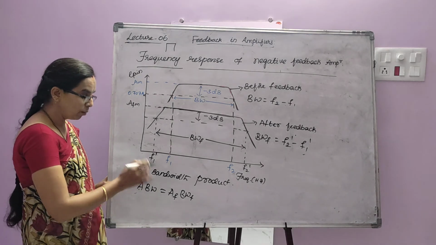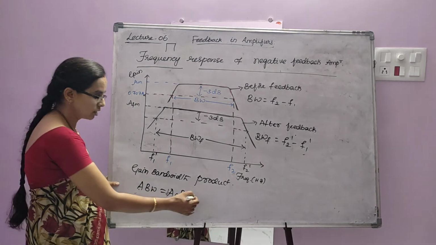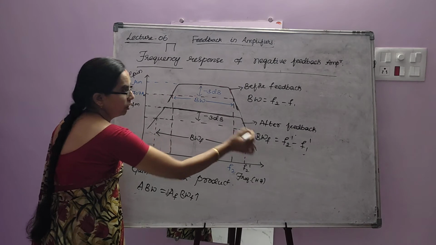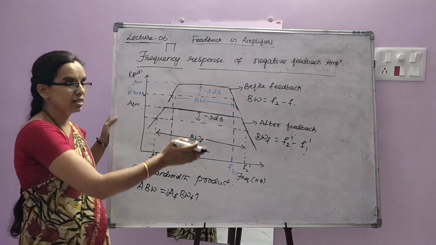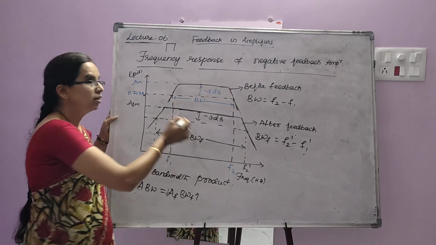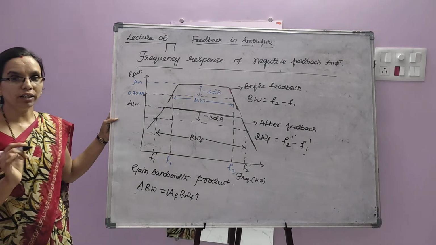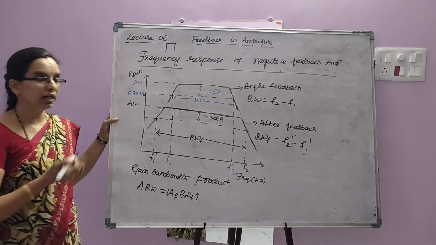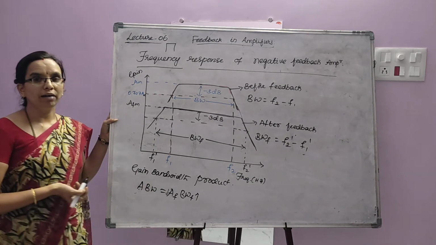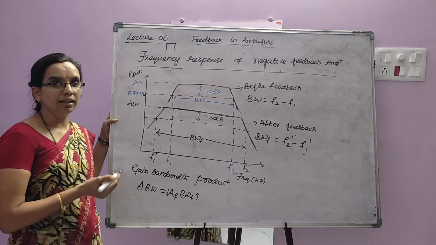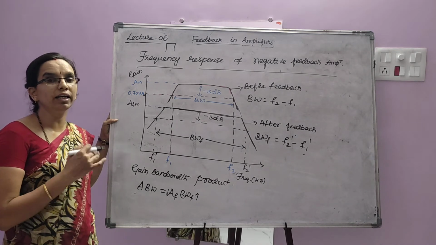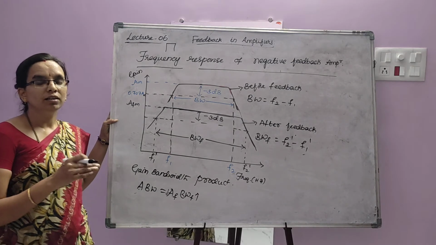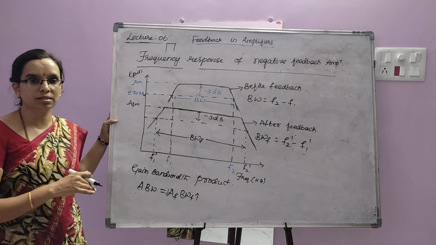In this case, after applying the negative feedback, gain decreases but bandwidth increases. This product will be constant if you take any point on this line. Gain is decreasing, bandwidth is increasing. Whenever it achieves unity gain, that time also it will be calculated, that is, the gain bandwidth product is calculated for unity gain. Unity gain amplifier, in the sense gain will be 1, and that bandwidth is a reference for the other bandwidths.